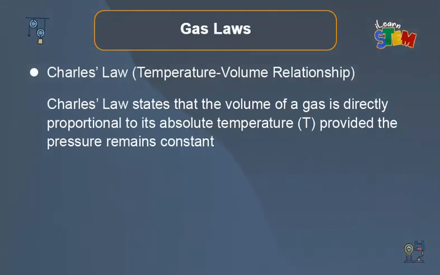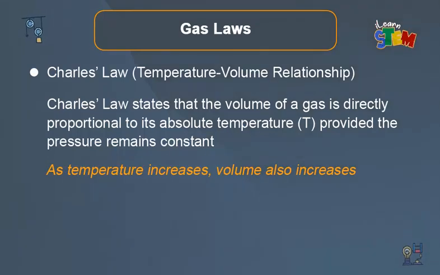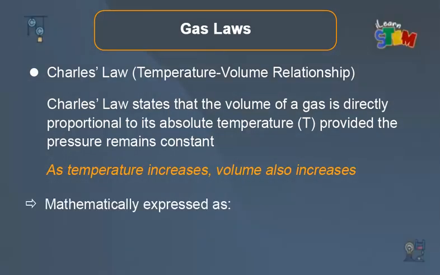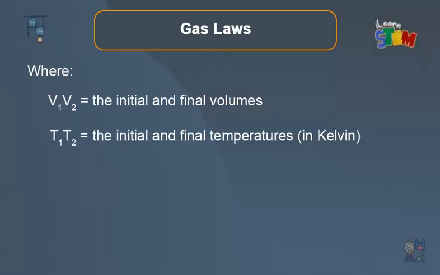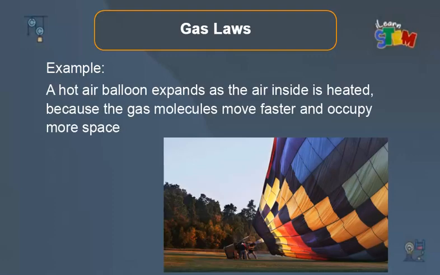Charles' law. Charles' law states that the volume of a gas is directly proportional to its absolute temperature, provided the pressure remains constant. This means that as temperature increases, volume also increases. It is mathematically expressed as V1 all over T1 equals V2 all over T2, where V1, V2 equals initial and final volumes. T1, T2 equals initial and final temperatures. Example: a hot air balloon expands as the air inside is heated, because the gas molecules move faster and occupy